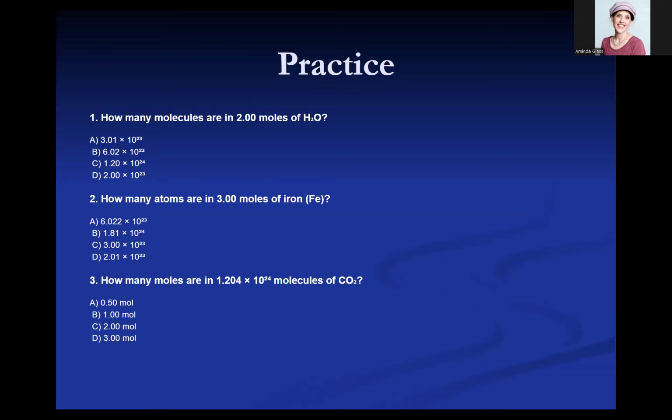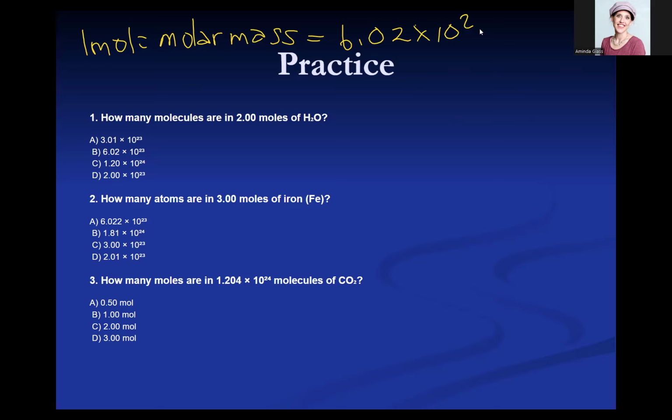Okay, so last time we stopped after learning about stoichiometry. We started and we know that 1 mole is equal to the molar mass of an element or the molar mass of a compound. And that's equal to Avogadro's number, which is 6.02 times 10 to the 23rd